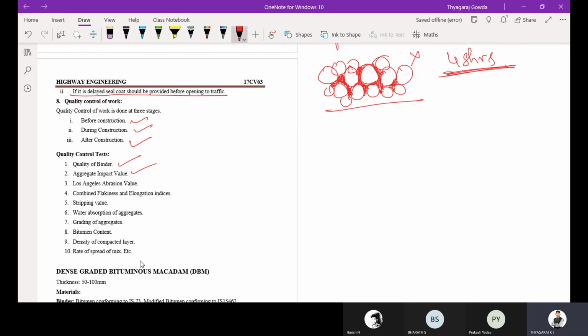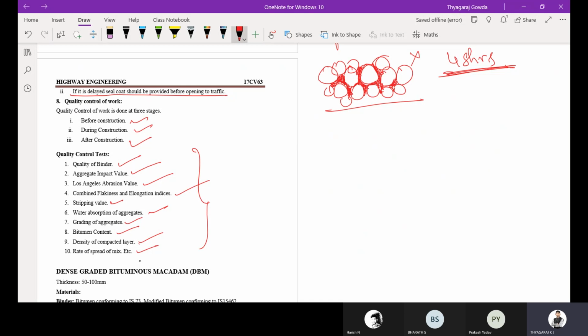Quality of binder, aggregate impact value, Los Angeles abrasion value, combined flakiness and elongation index, stripping value, water absorption, grading of aggregates, bitumen content, density of compacted layer, rate of spread of mix. These are some of the quality control tests which we are going to adopt for the construction of bituminous macadam.